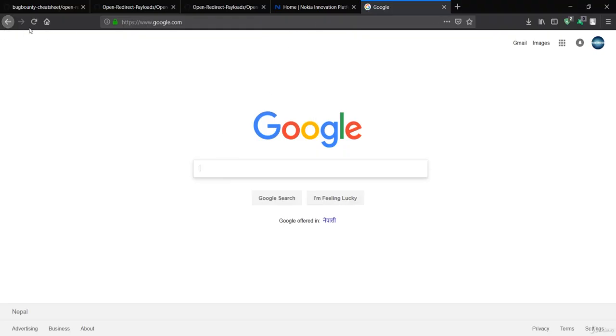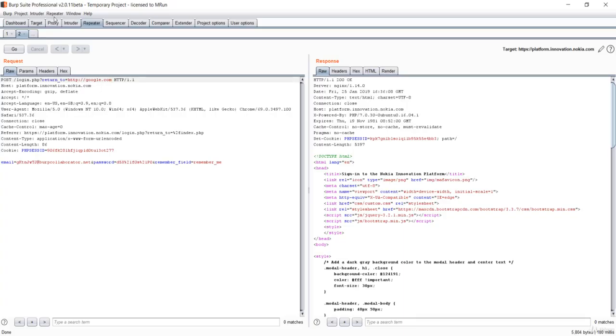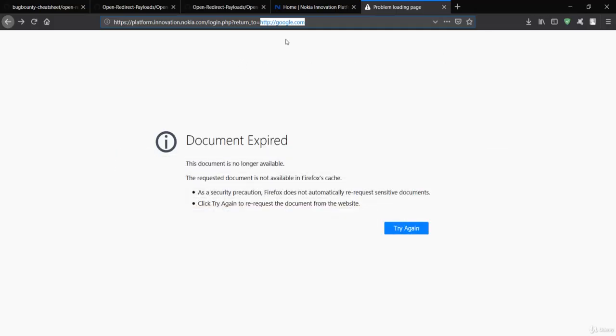If you see over here, return to was taking us somewhere. Let me go to the target, and it was taking us to the index.php file. Instead of index.php, we have now injected our URL.